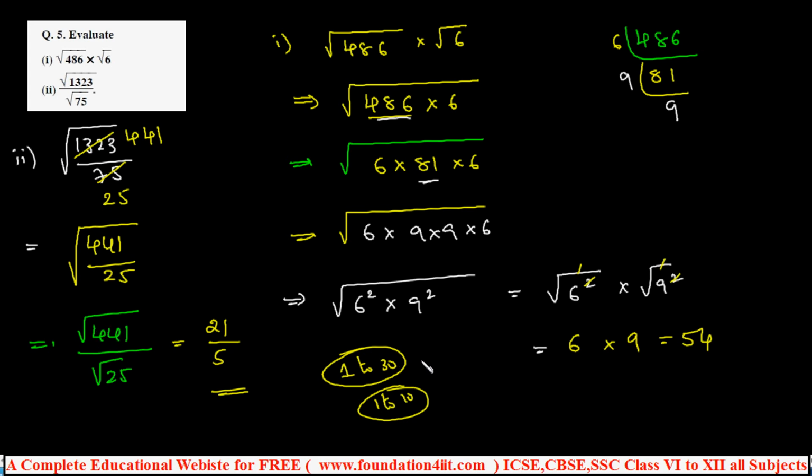This is a lengthy process, so try to remember and learn. Now let us see one problem, the long division method to find out the square root. Here the question is: evaluate the square root of 0.4 up to 4 places of decimal.